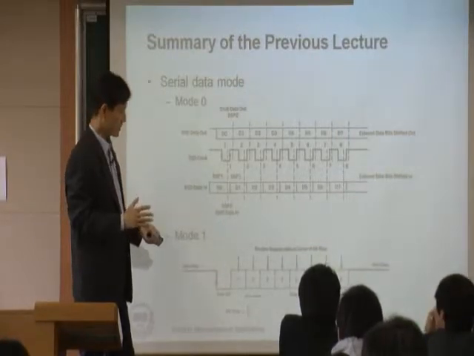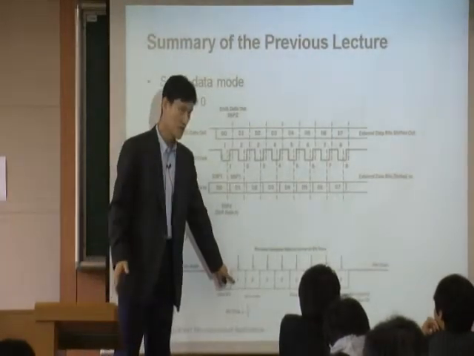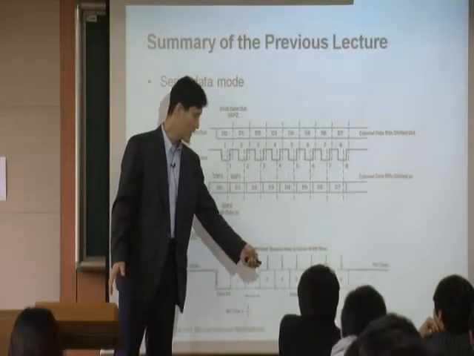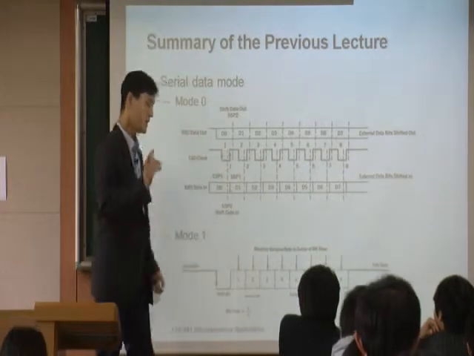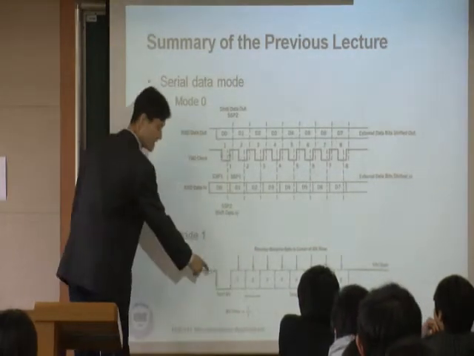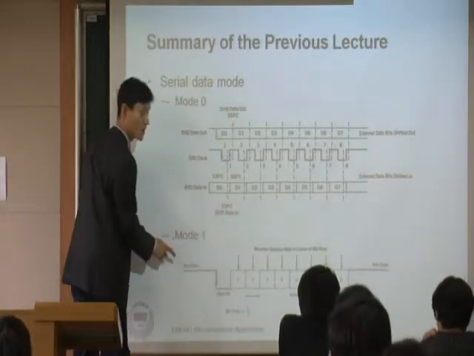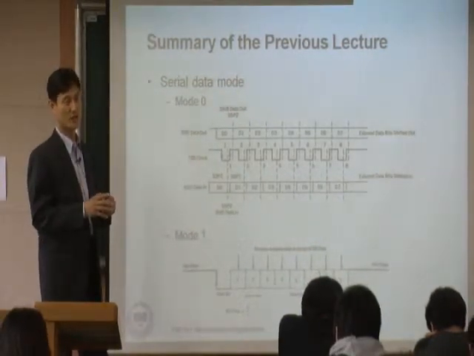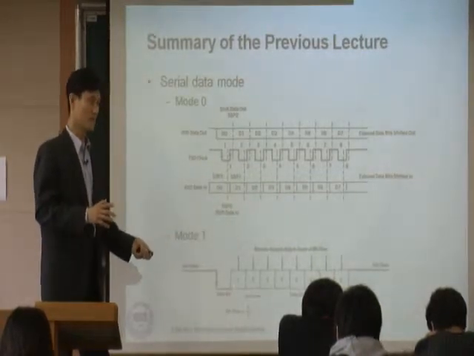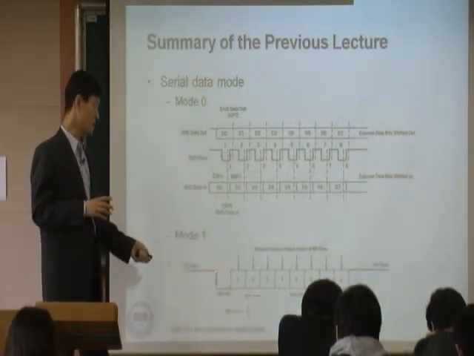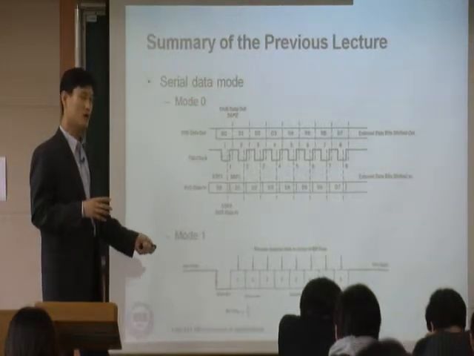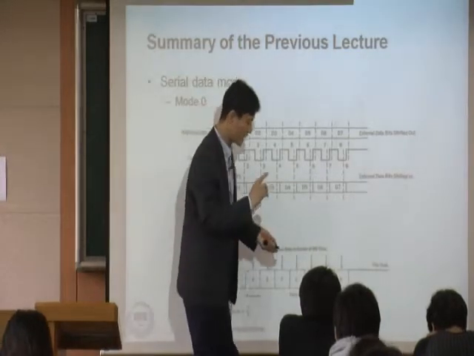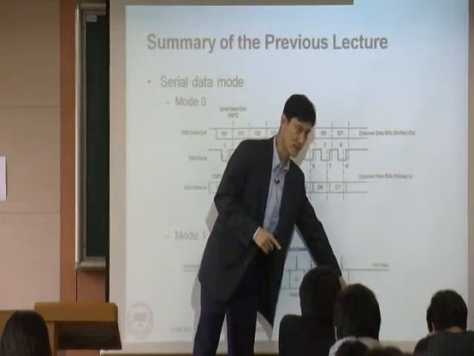So what you need to do is that this is the first bit, second bit. So you are transmitting bit 1 to bit 8. But in addition to 8 bits, we need one additional bit called the start bit. It's like a header of your information. Since you have the additional start bit, we can call this whole thing a packet. Also, we have a stop bit at the end of it,